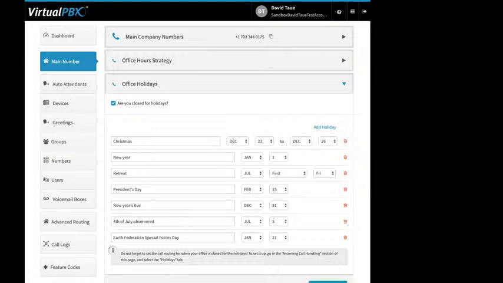Then we've got office holidays. Put a check mark if you're closed for holidays. And then over here to the right, you have add holidays. And then you've got your options for a single day, date range, and advanced. Each one of those creates a new row. So single day is like what I have here for President's Day. So you just give it a name, then you choose the month and the date,